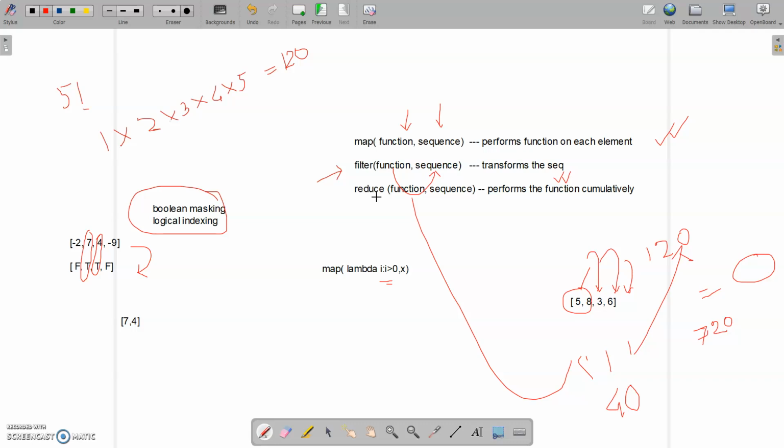So one other thing, before going any further: the multiplication operation, this product operation, you can do simply using a numpy array as well. If you convert it to a numpy array, then you can use the product function. There is a product function in numpy, and you can use that to perform this kind of operation instead of using reduce. When using reduce, you are already calling a module, and in numpy you also have to call a module, so it is the same thing, and you can do it this way too. So let's